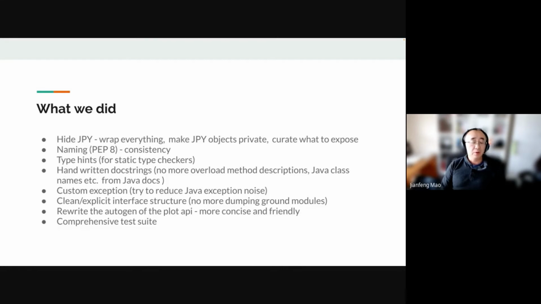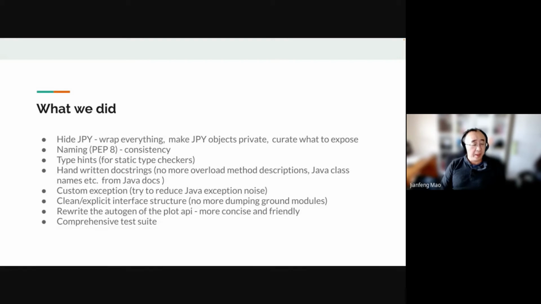Now, if you expose a JPY object directly, basically all the public methods and properties are available, which is confusing to Python developers. The other thing we did is we tried to be